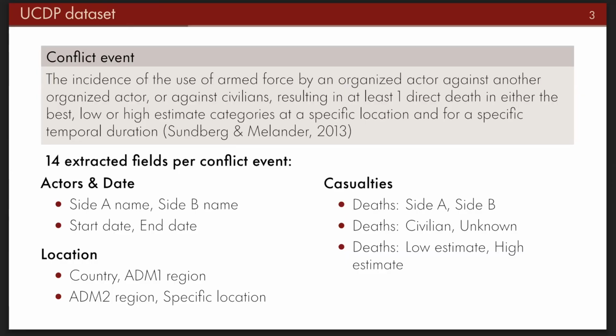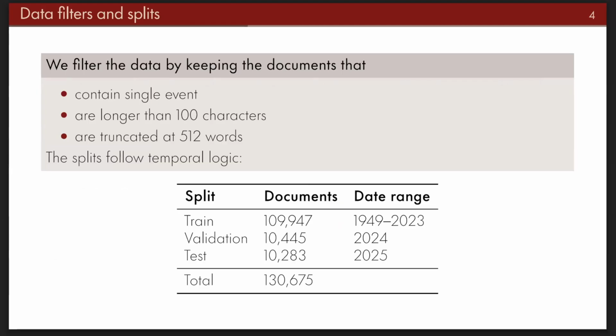As I'm sure all of you are aware, LLMs require large amounts of data for training. In our case, we're lucky to have UCDP GED, the georeferenced dataset, as our data source. There, each conflict event is coded across 14 different fields that cover 4 main categories: the actors, the dates, the geographic location at multiple levels of granularity, and the detailed breakdown of casualties. This is a very rich structured output, and getting a model to produce all of this information is not a trivial task. Today I'm going to talk about one modeling experiment that we've done at LTG.